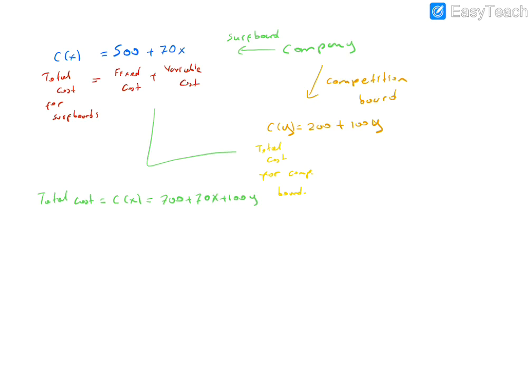Okay, so this is the total cost, but as you see, we have two variables, X and Y. We need another variable because the number of the surfboard and the computation board are not the same in the production. So this is a function of two variables. This is the cost for weekly output of X standard boards and Y computational boards. Let's emphasize: X is the number of surfboards or standard boards. Y is the number of computational boards.